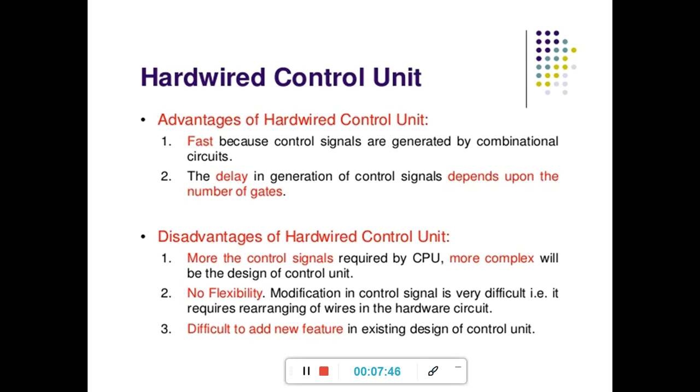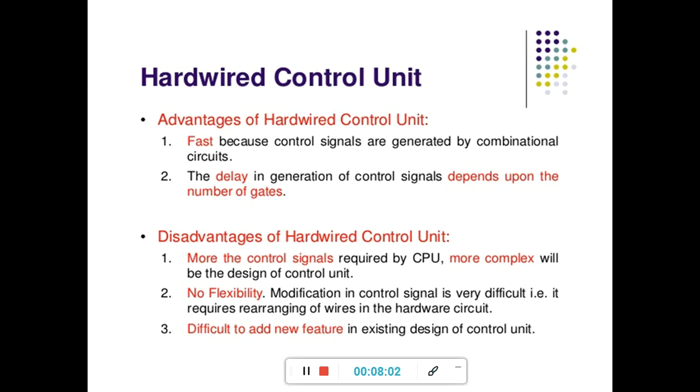And then the disadvantages of the hardwired control unit. What are some disadvantages? The design becomes more complex, there is no flexibility, and it is difficult to add new features. We can't add some new feature.